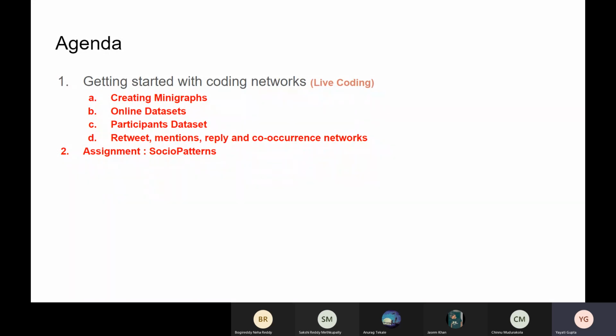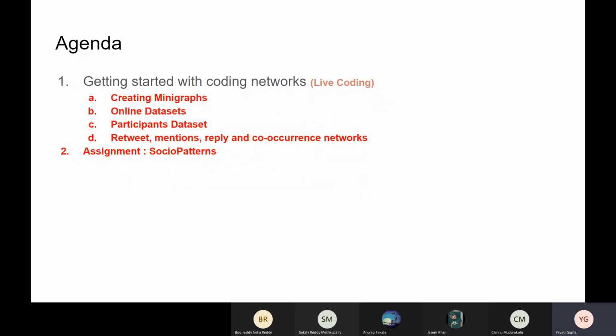So one is called Gephi. But if you talk about these graphical user interface based tools, they provide you a limited functionality. So our aim here is to do more and more analysis so that we can work with very large graphs. So instead of using any GUI, we'll be using the programming language and associated libraries. So I'm going to introduce you to a library called iGraph. This library is there in both R as well as Python, but I'm going to show it to you using R, right? And then you can reproduce the same thing using Python.